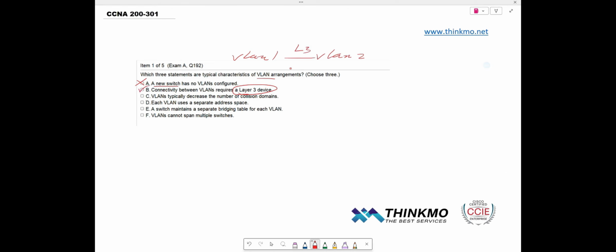Option C says that VLANs reduce the number of collision domains, but this has nothing to do with collision domains, so option C is incorrect. As for option D, it says that each VLAN uses a separate address space, and this is correct. For example, one side might use 10.1, and the other side might use 20.1. Option D is correct. Option E says that each switch for every VLAN maintains a